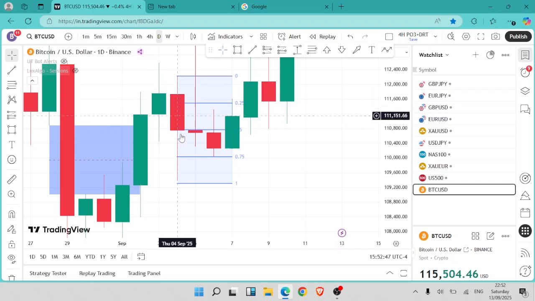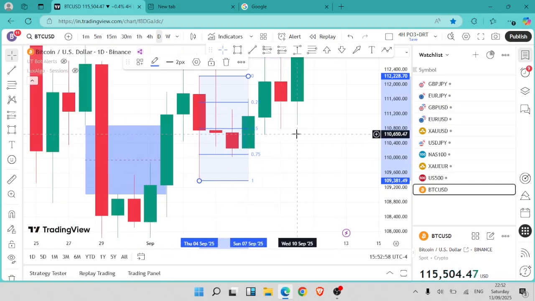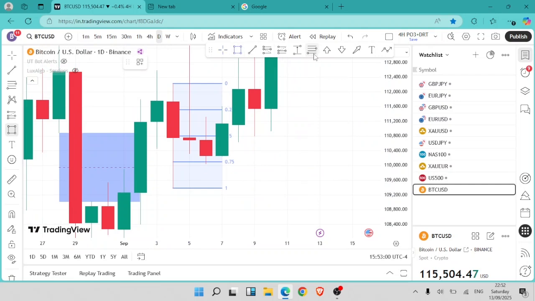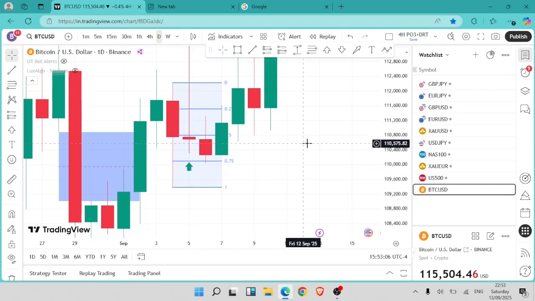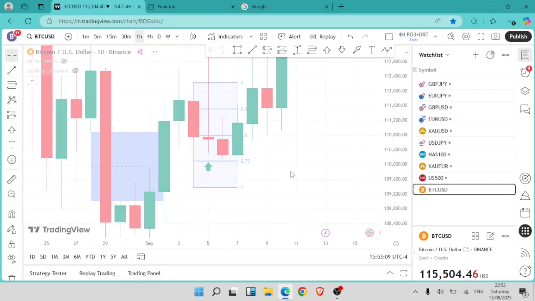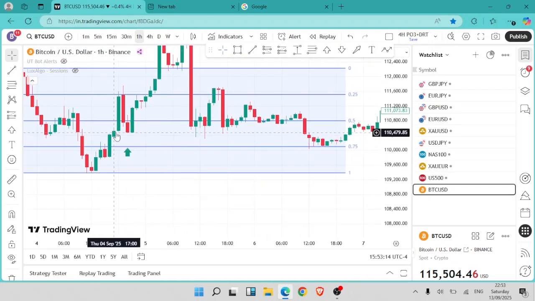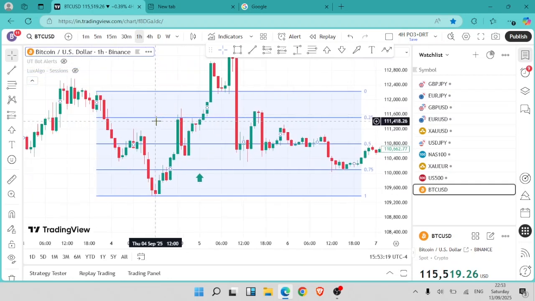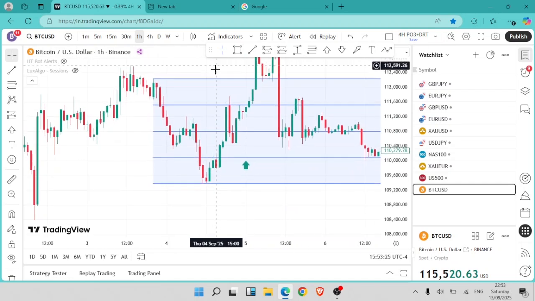So that is Thursday, and now with this dealing range, we are expecting price to trade into the discount side of this dealing range before shooting up, and you can see that is what happened. So for the Friday candle, we mark where it opens, go to the 1 hour time frame, and then we just observe what happens. The Friday candle opens at this point right here. You can see price is on the premium side of this dealing range,